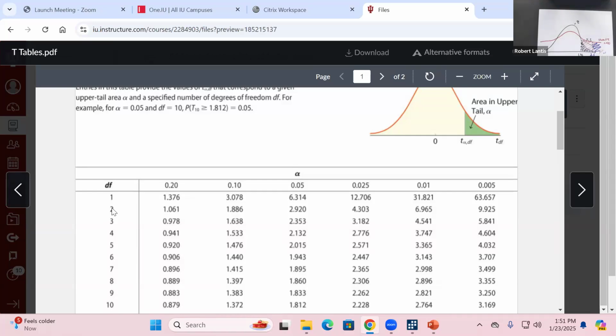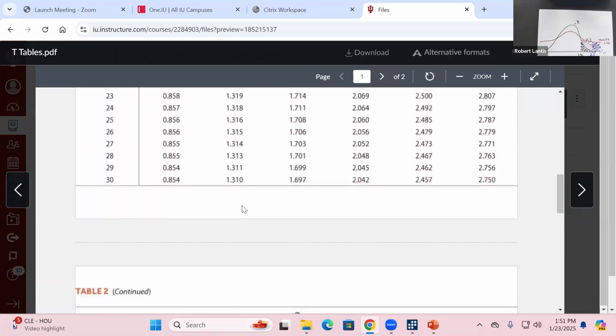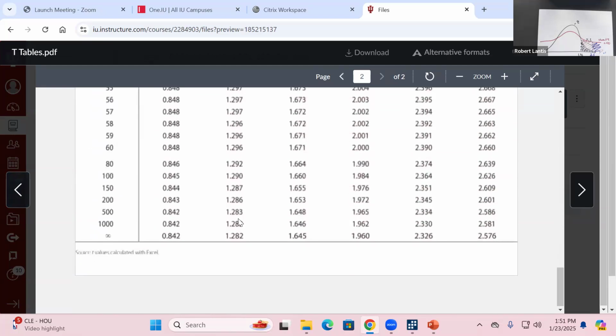So technically, my degrees of freedom here are implying I have to have a sample of at least 2, right? And then my degrees of freedom for the very smallest sample I could have, of 2, would be 1. So as I get larger and larger sample sizes, I'm getting larger and larger degrees of freedom, and the t value that would give me 0.1 in the tail starts to become smaller and smaller until I get all the way down here, and notice at that infinite row, the value that would give me 0.1 in the tail,